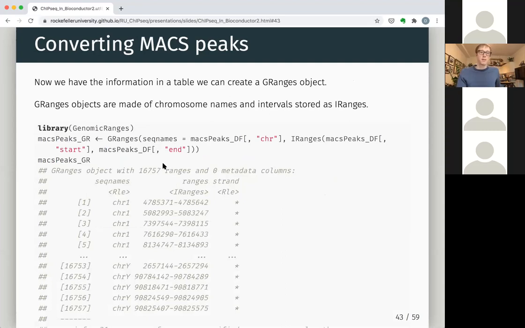And now we have this in a table. We can create a GRanges object, which, if you remember, is a nice Bioconductor object that can easily be converted to bed files to look at in IGV, but also we can easily interact with them with many Bioconductor functions. And they also print out nicely to the screen where you can see the exact range of where your